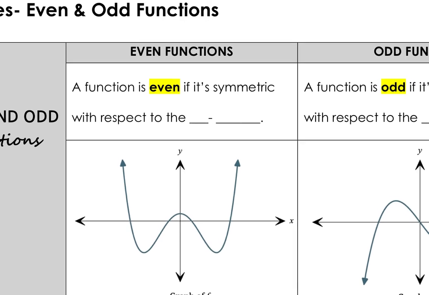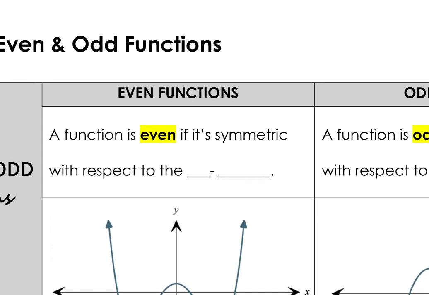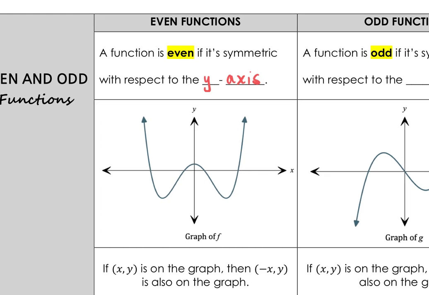So a function is even if it's symmetric with respect to the y-axis. Remember, symmetrical means the same on both sides. So our y-axis, our vertical axis, the left side and the right side look exactly the same. They're mirror images of each other. So when your left and right side are mirror images of each other, that's how you know that it is